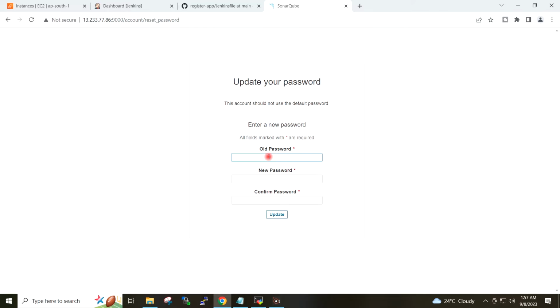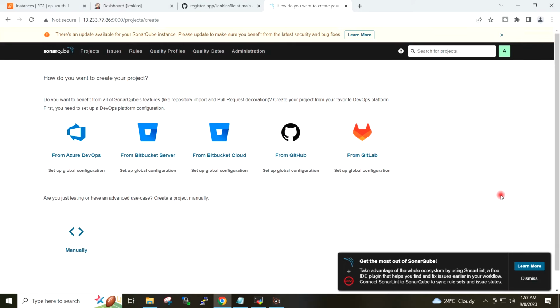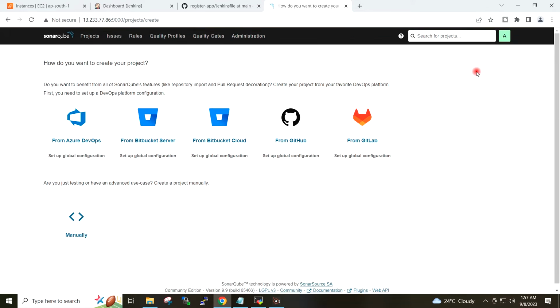So I will give the old password, which is the admin, and I will set the new password. So here we have set up our SonarQube server.